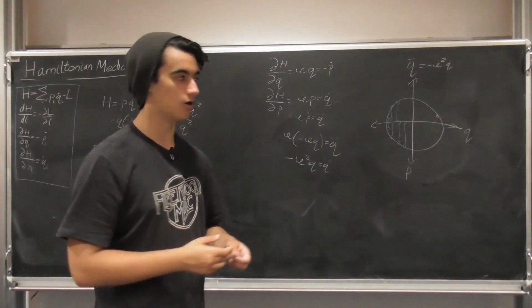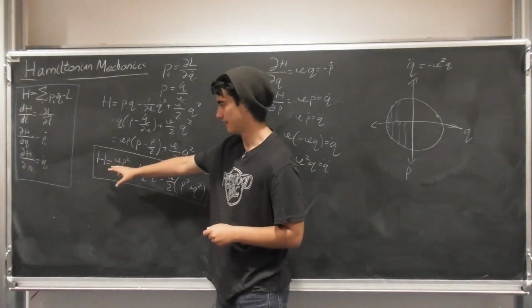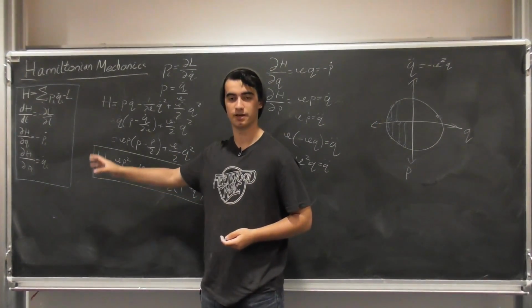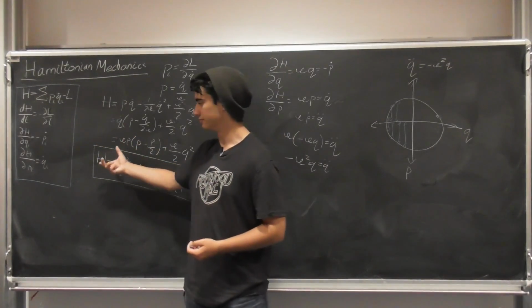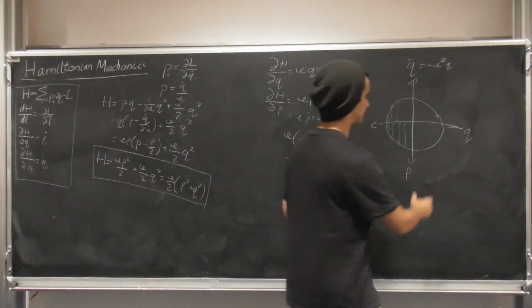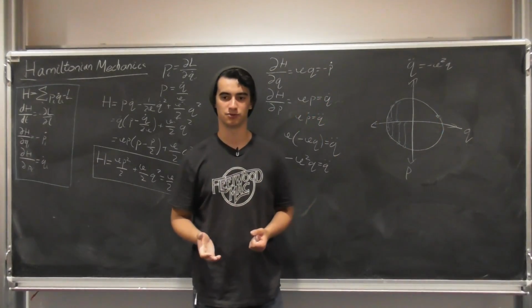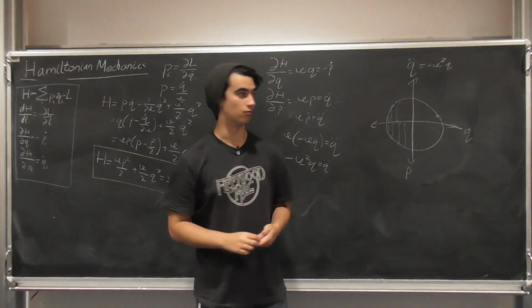So on one, like this circle here, because our Hamiltonian is conserved, so it could be 5 joules or whatever, it will be one stationary number, we get a circle out of it. And so for any value of the Hamiltonian, the phase space will be on some contour,